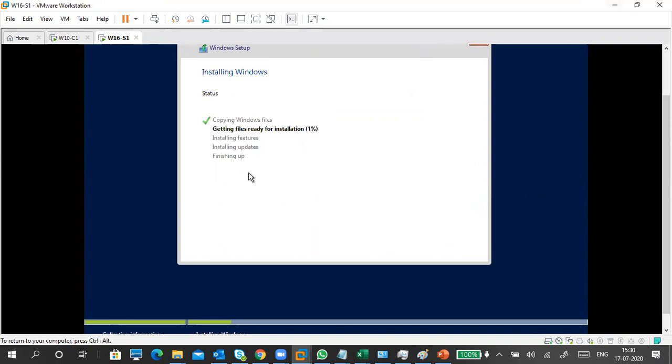Server has server core, GUI mode and nano server. 2016 has nano server also. Compulsory 64-bit, so no options. The requirements are 2 GB RAM and a 1.4 gigahertz processor. Let it install.